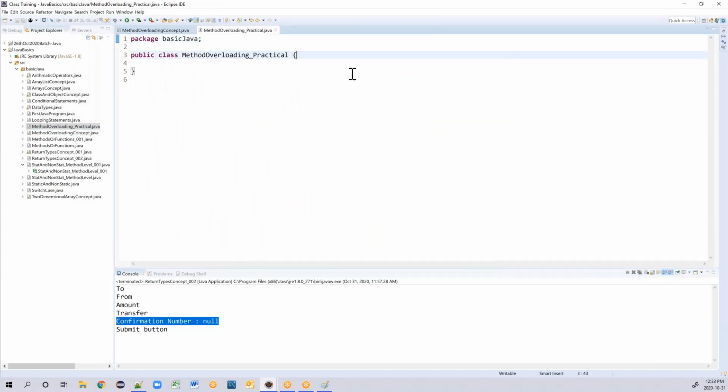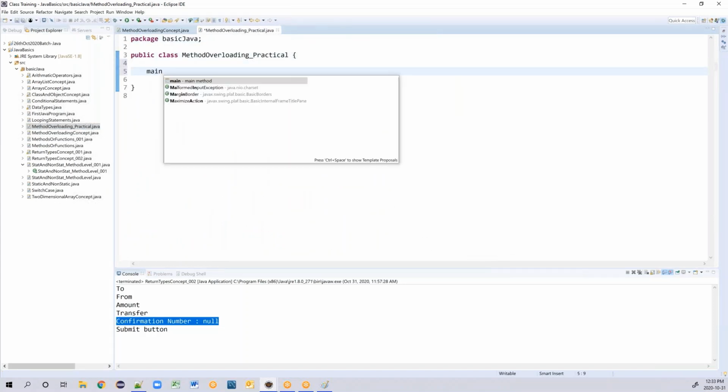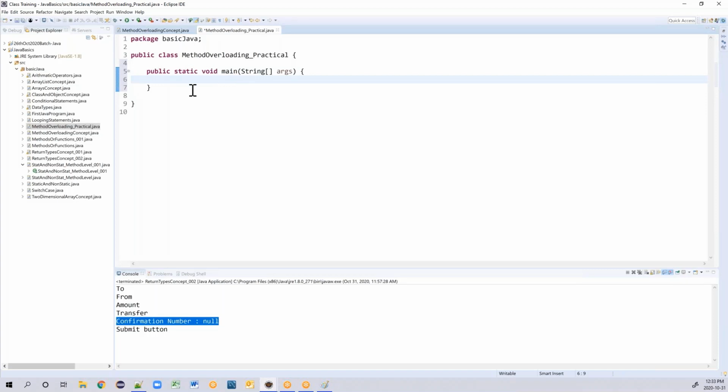Main is missing, so I will simply type main and enter. Now here I'm going to create the method. public void, I'm creating a non-static method. So public void search. I'll say search details.